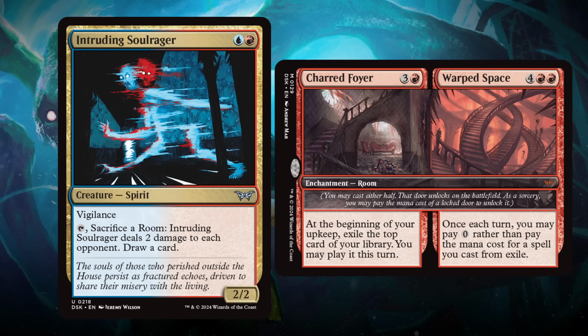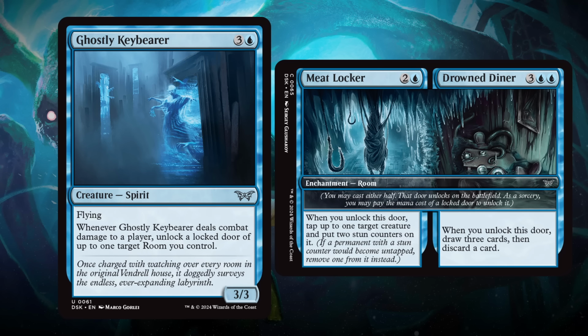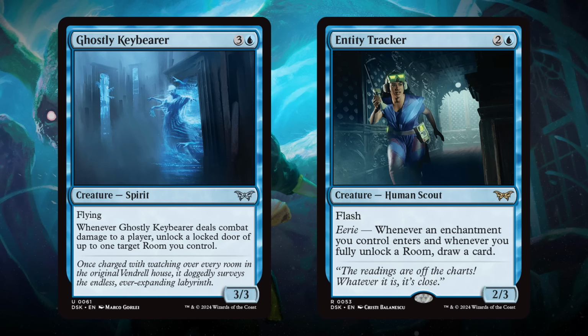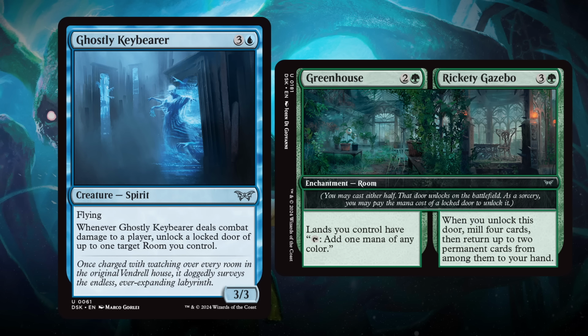It's weird. The other signpost is a room itself, which makes sense, I guess. It's fine. Again, it's fine. There's nothing wrong with it. It's just, I feel like it's lacking a little. I feel like I want to play Grixis or Jeskai or Temur, something else to bring in